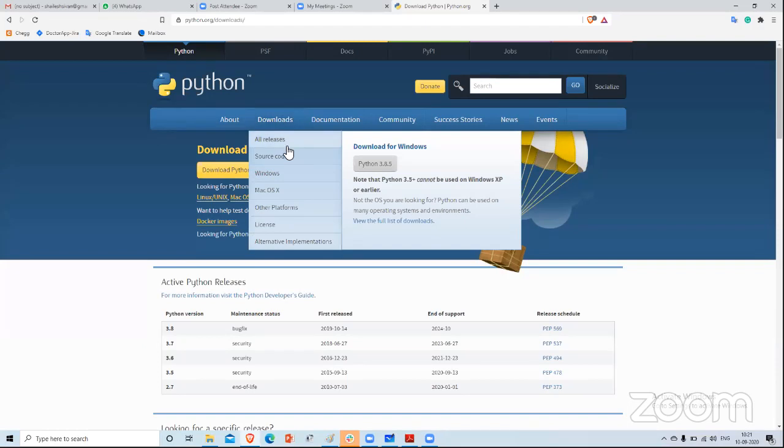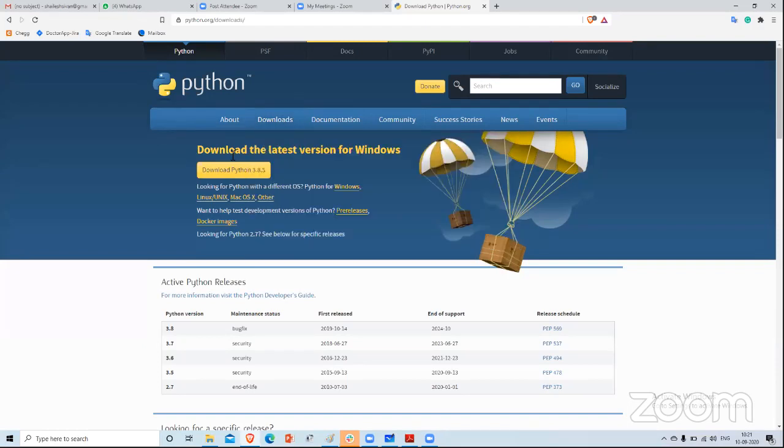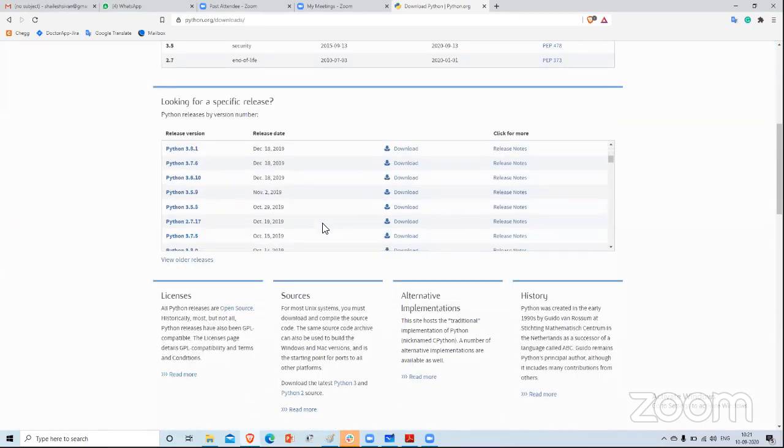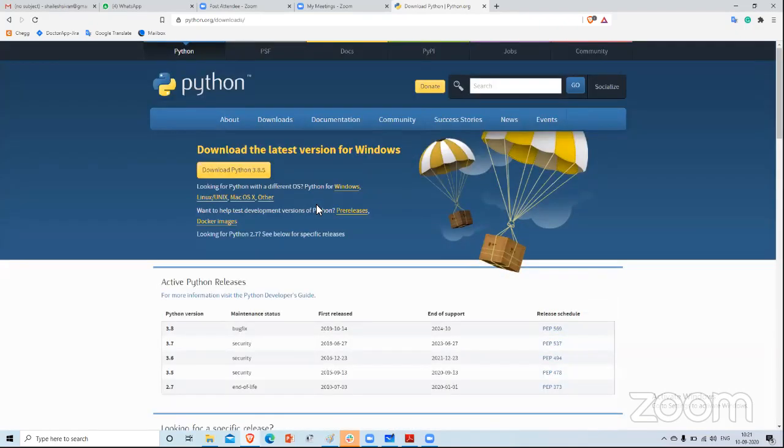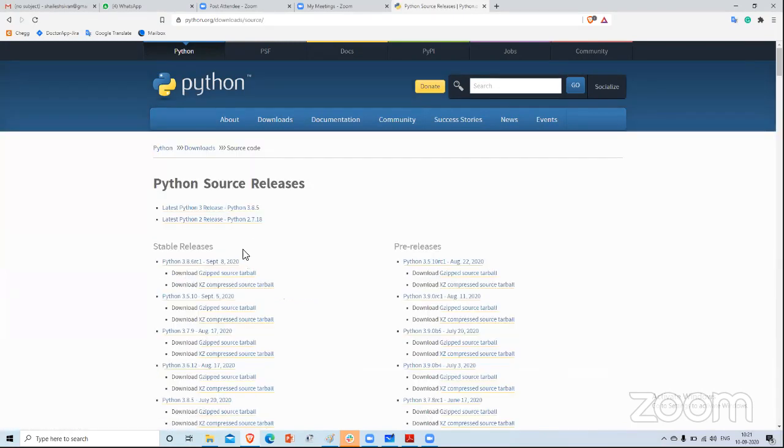Download the latest version for Windows. You can see the other platforms also here. You can download any version you want. The latest version is Python 3.8.5. Suppose you're using Linux machines, you can download the Linux versions.